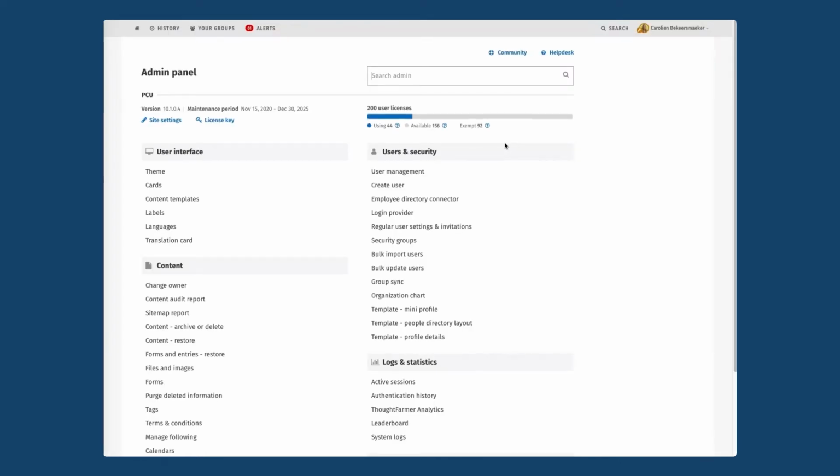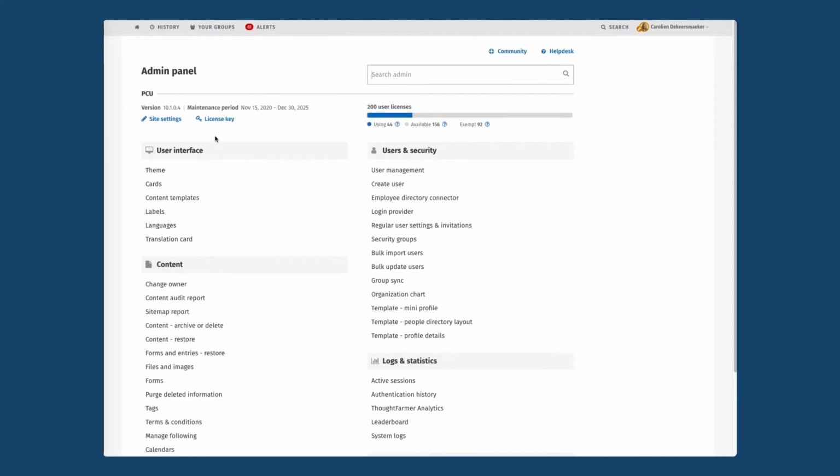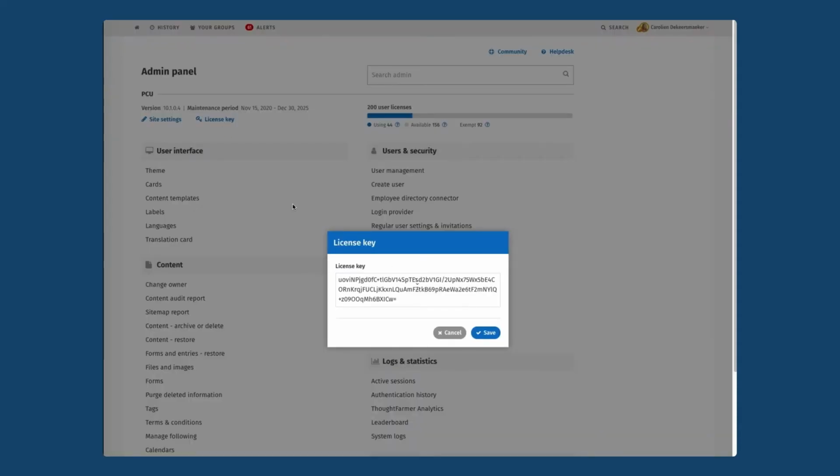Let's start at the bottom right. This is the area that we call the site settings. One thing that you might often have to do is update your license key. It will happen when you have a new maintenance period starting, or perhaps even when you are upgrading or moving your site. To change a license key, you just click on this link, and if you're updating,